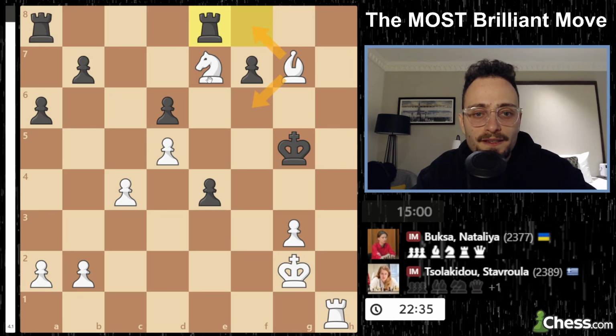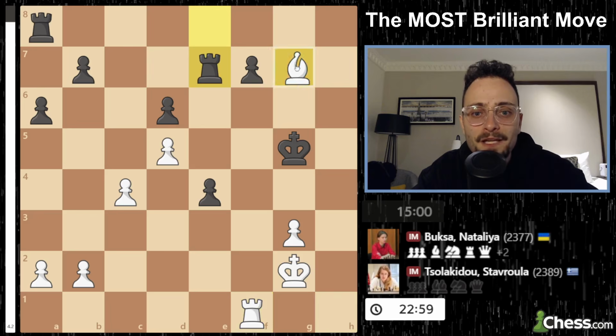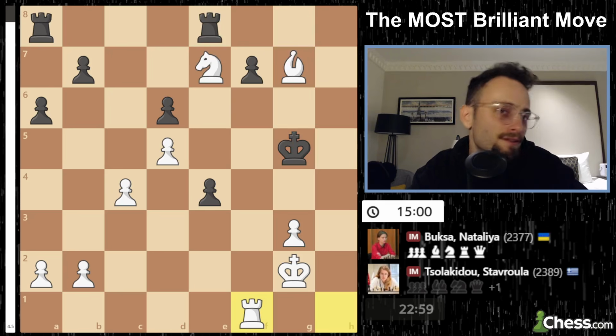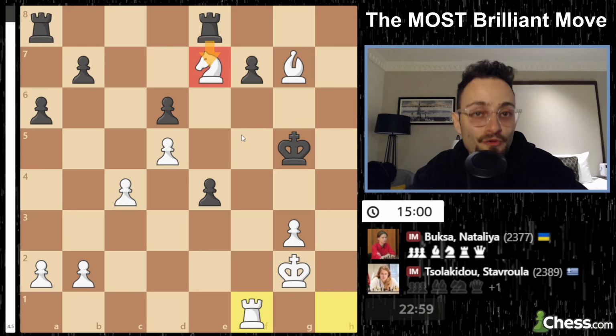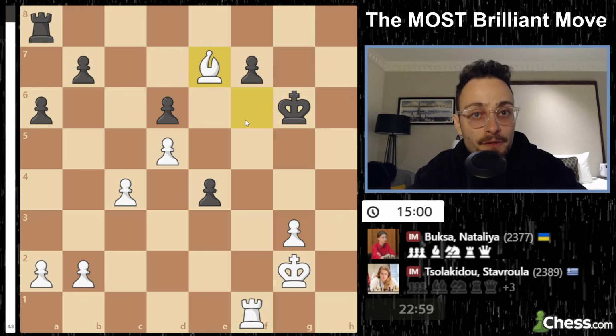Instead of physically protecting the knight, we defend the knight with rook to f1. Rook e7 is no longer possible because of bishop f6, and the knight is protected because the rook will be lost. Rook to f1, but I have really bad news for you. Not only does rook f1 defend against rook e7 and a fork, rook takes c7 is the best and only move for black. Black has to go here and end up in an endgame down a bishop to go on to lose in